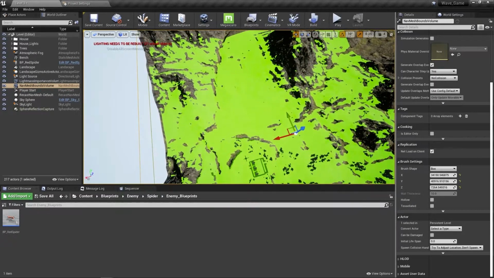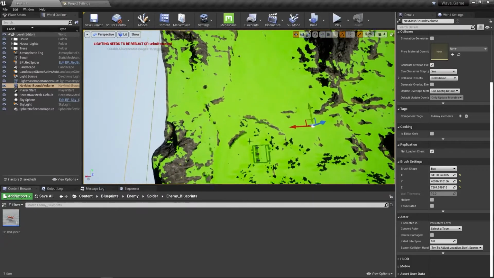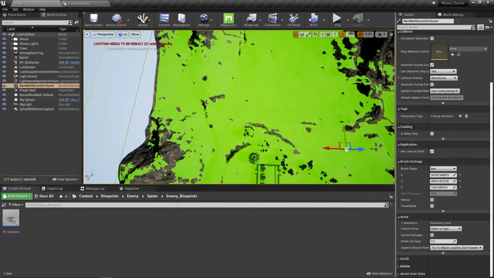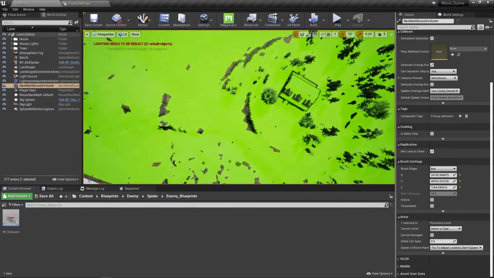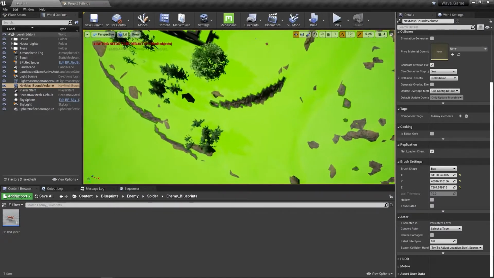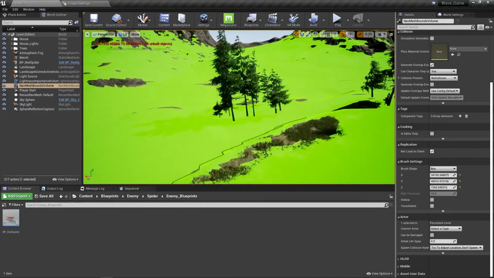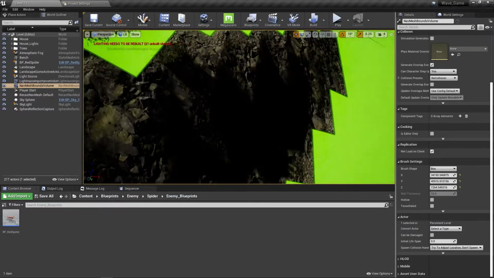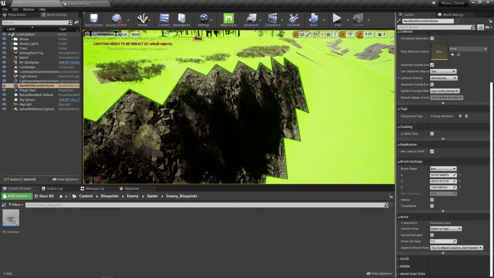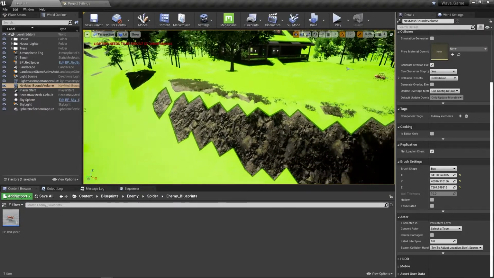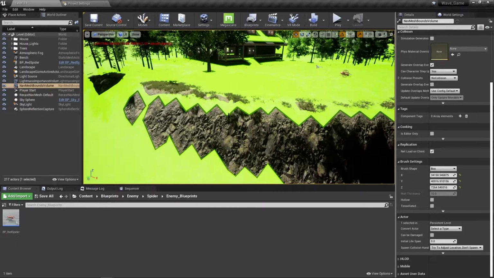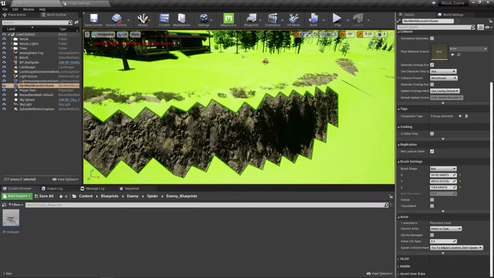Okay. You can see that I have quite a few areas here of the terrain that are not navigable. And we'll talk about that here in a second and how we're going to fix things like that. So our character is going to be able to run up and down these areas here. But our spider will not. They'll have to go around it. Now a spider is far more mobile and able to run up steeper surfaces than a human character would, you would expect. So what we're going to do is we're going to go into our project settings,